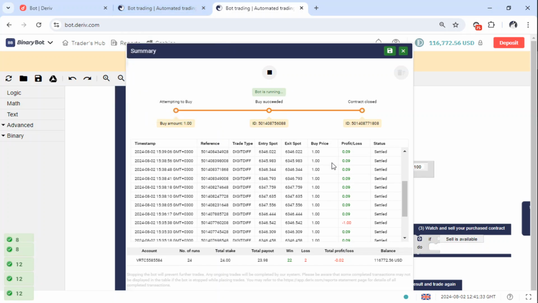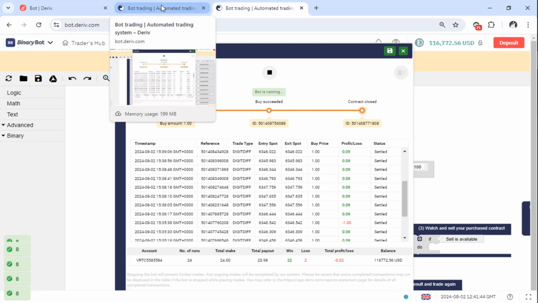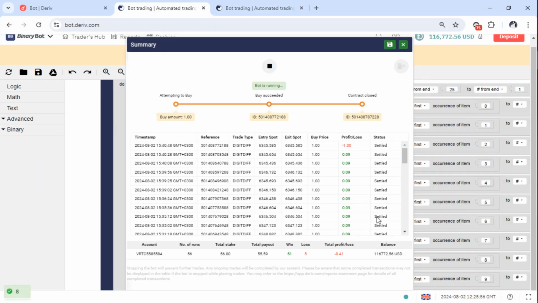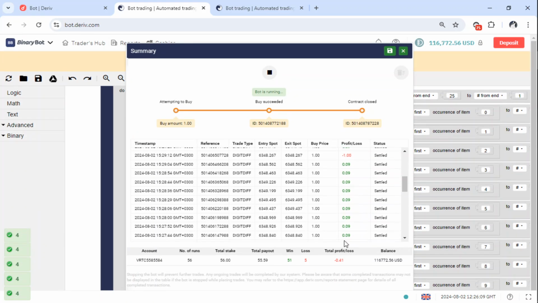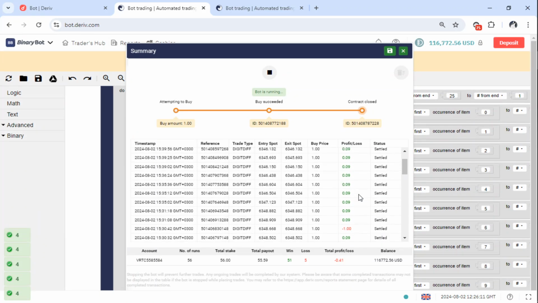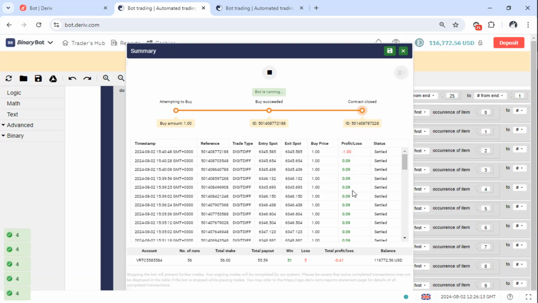So I had already stress tested this particular bot. Let me check the data so that I can show you. Now this other side, it has already made 56 runs and out of the 56, 51 are winners, 5 are losers. But because of lack of martingale, you can see that it is still in a loss, though it is able to recover. But if you check here closely, you realize that